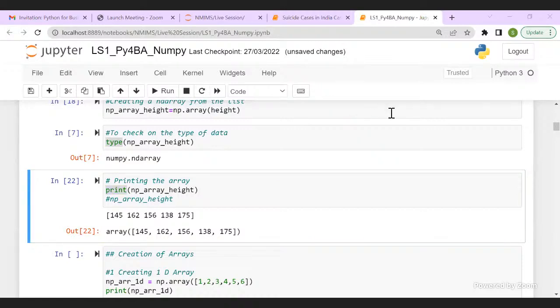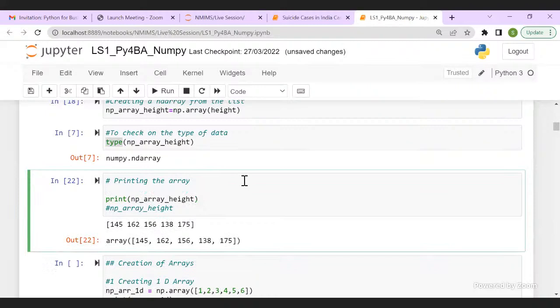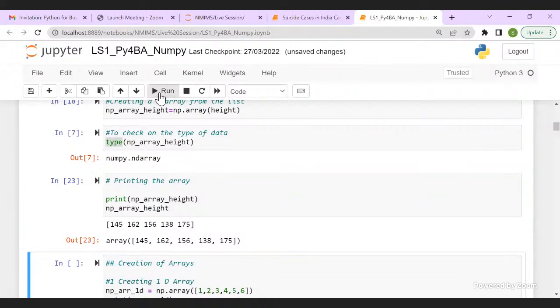Okay, Vishwadeep, please come again. Please explain again. Okay, you didn't get it. Let me show you again. So there are two ways to print your output. Either use a print function and in your parenthesis, give your variable name. Second, you just give your variable name and you get the output. When I run this command, I get an output from the print and I get an output from my data variable, right? You got this?